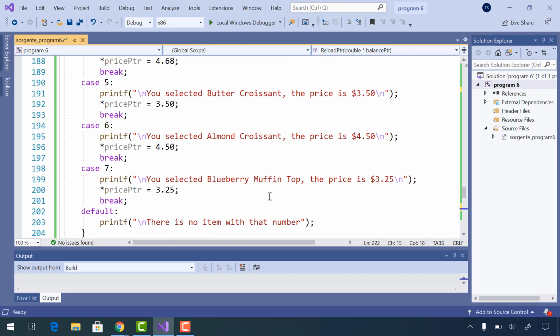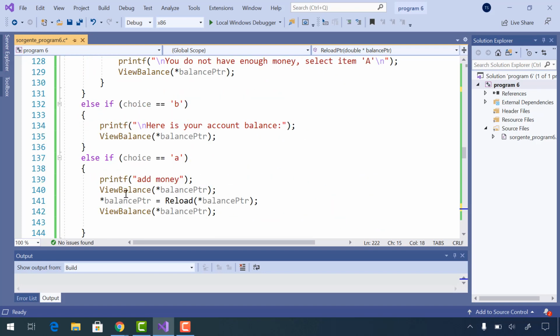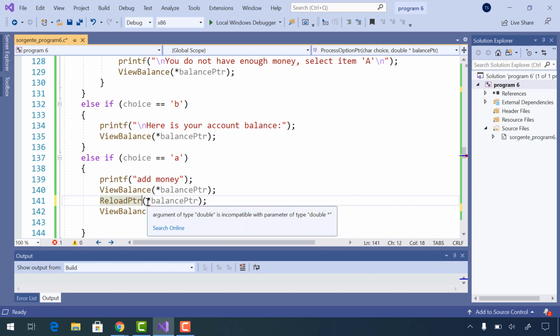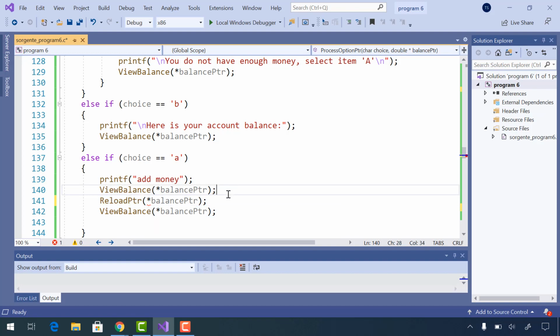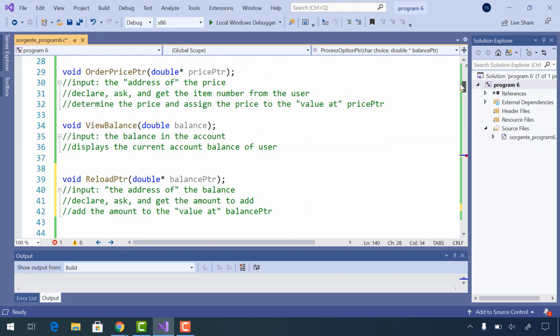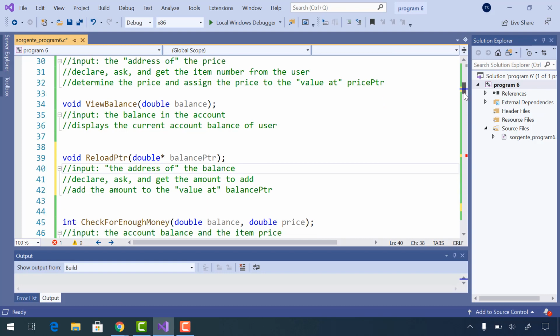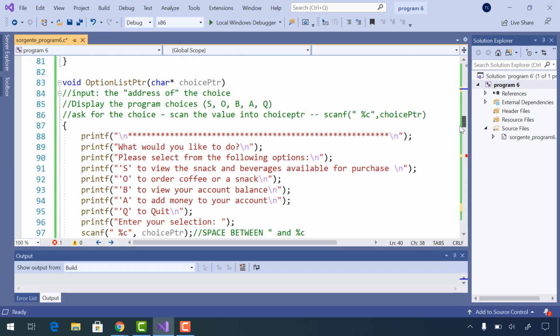All right, then we just have to fix our function call to reload pointer. So right here, reload pointer now does not have a double return type. Now here's the tricky part of this. Reload PTR function takes as its argument what? What does it take? It takes an address. Okay, so if you go here where we're calling it,